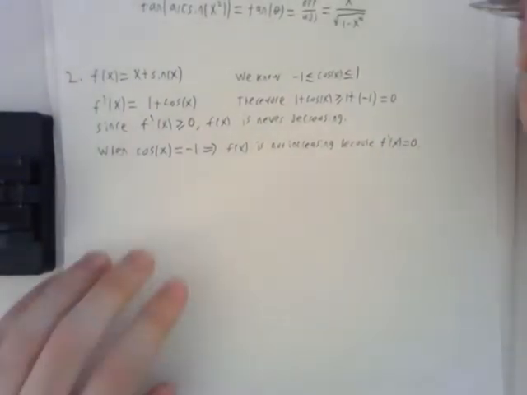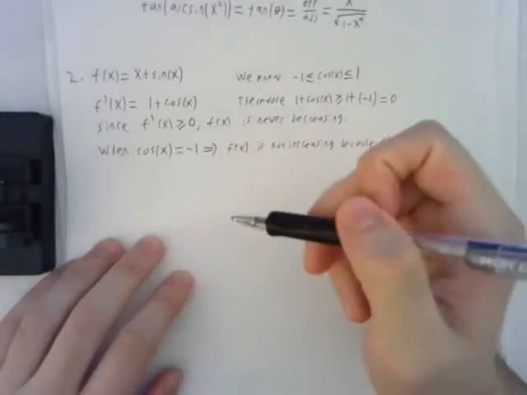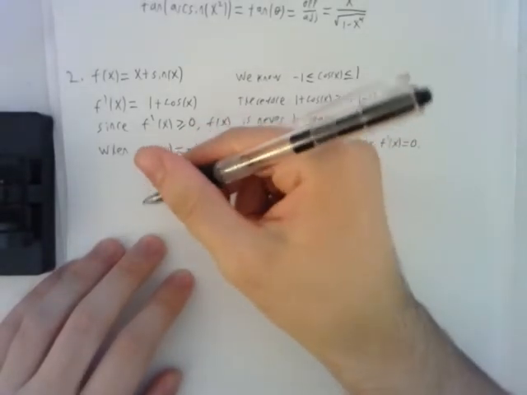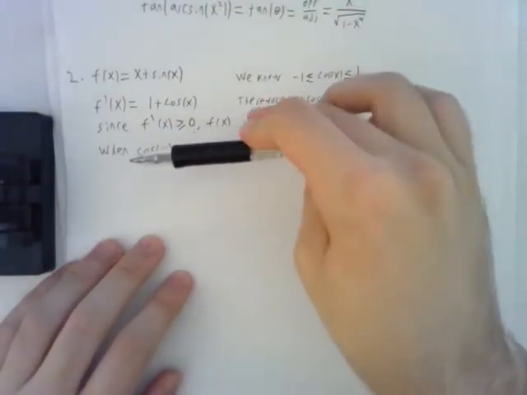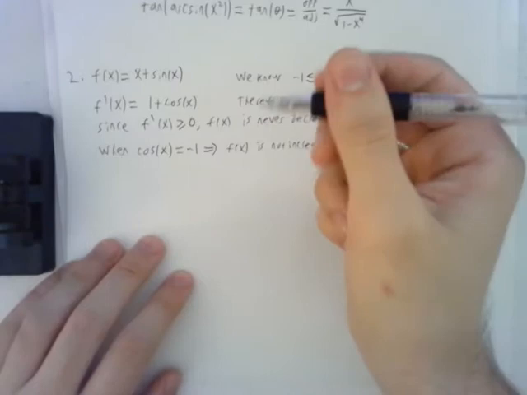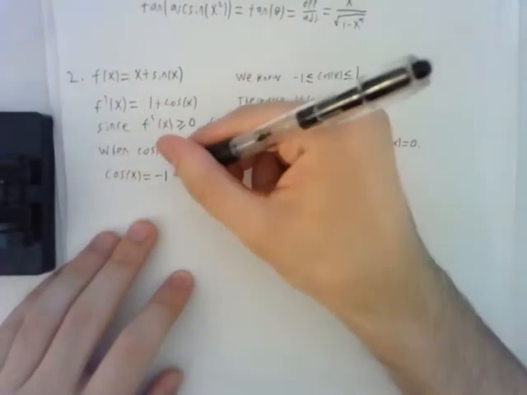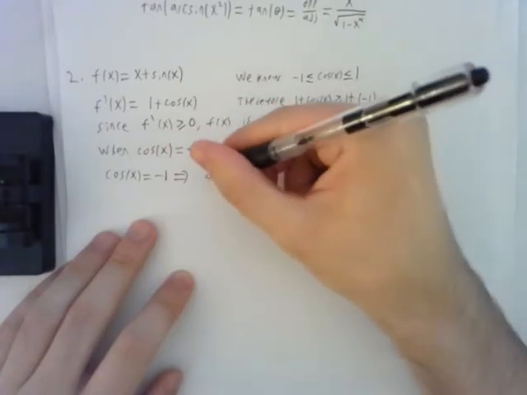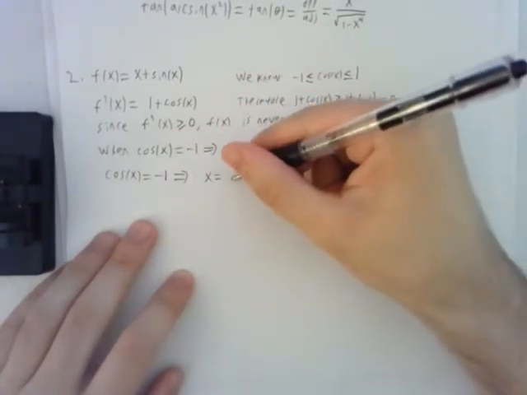So the question is, when is cosine of x equal to negative 1? Well, if you think about the unit circle, it's going to be when we've gone halfway around the circle or on the far left side. So cosine of x equals negative 1 implies that x is going to be equal to, well, pi is one